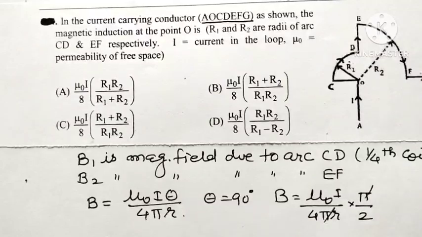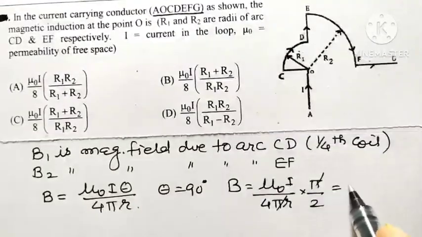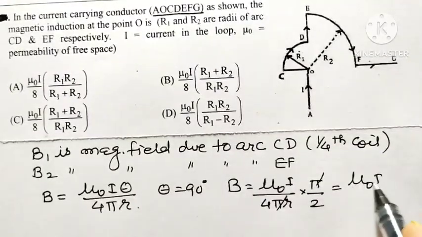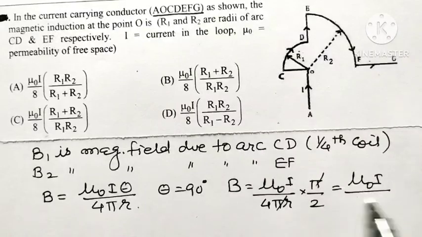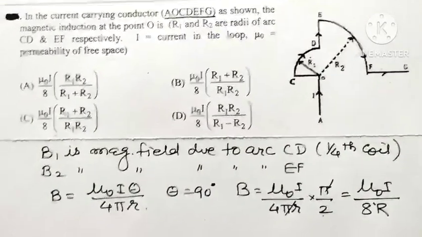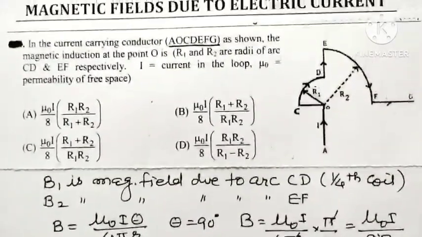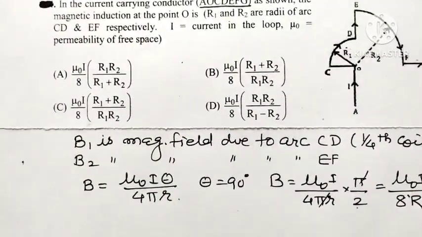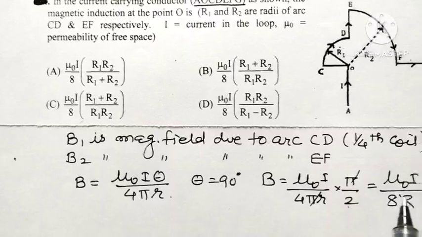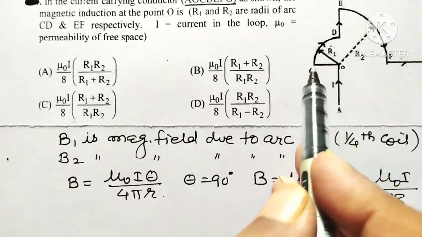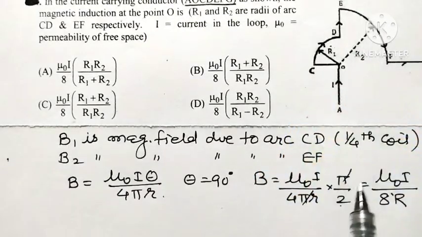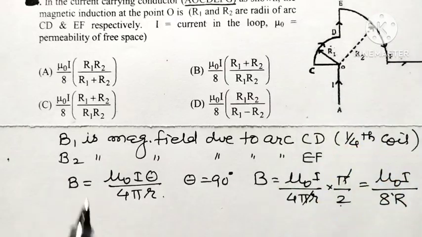So this pi gets cancelled with pi and we have the formula for magnetic field mu 0 I divided by 4 into 2 is 8 r. So you remember that magnetic induction at point O due to arc CD and EF, which are actually 1/4 of a coil,